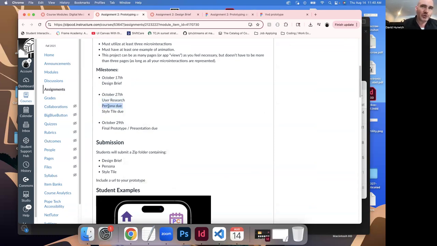We'll talk more about personas in the future, and then create something called a style tile. A style tile is a kind of design overview: these are the type of colors, these are the type of fonts that would show up. All right, so that's the idea here.